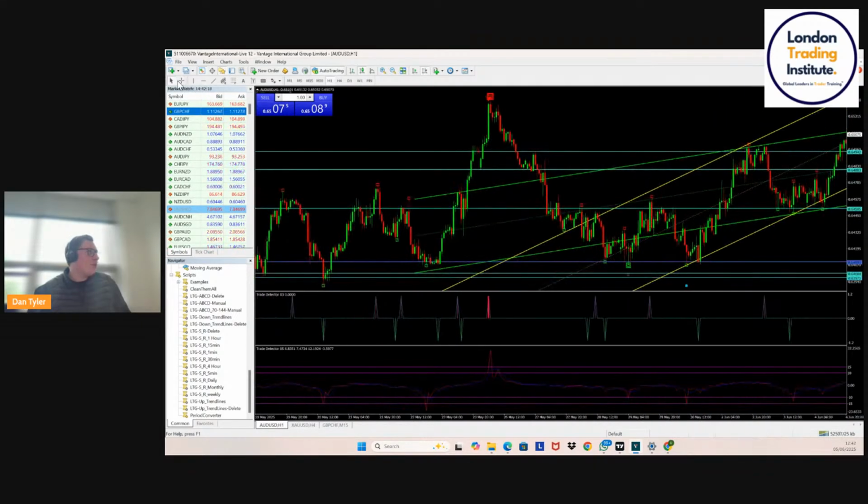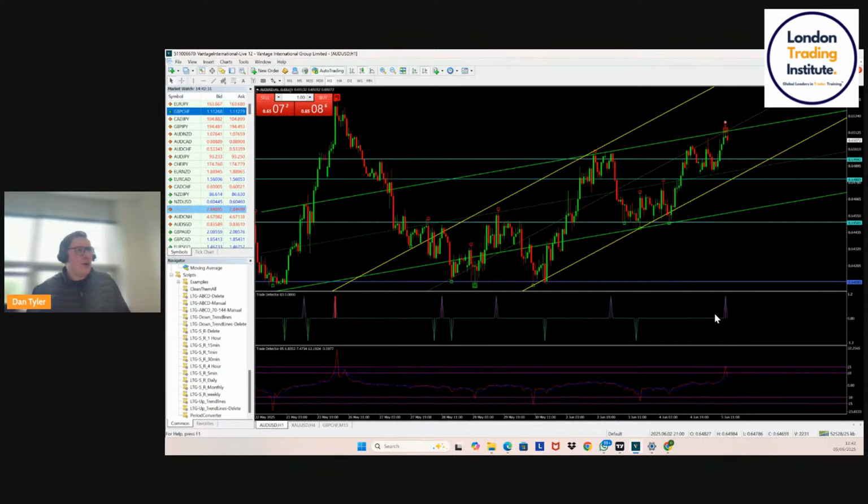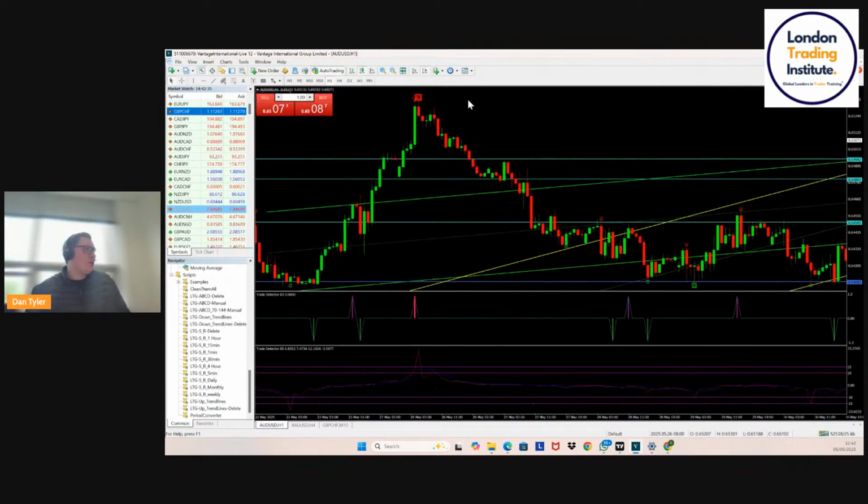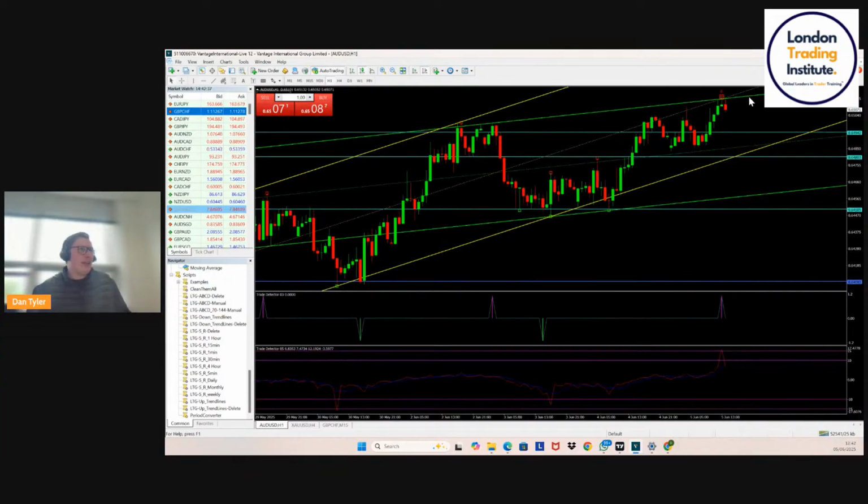So the last time this happened on the 1 hour time frame on Aussie dollar was up here. You can see that is a perfect signal right there. Big red square, big thick pink signal, and we went way above that overbought area. And you can see that the market just completely dropped off, completely tanked. We're not getting that. It's a pretty medium signal, right? But this is a fantastic opportunity for us to look for a short near enough now.